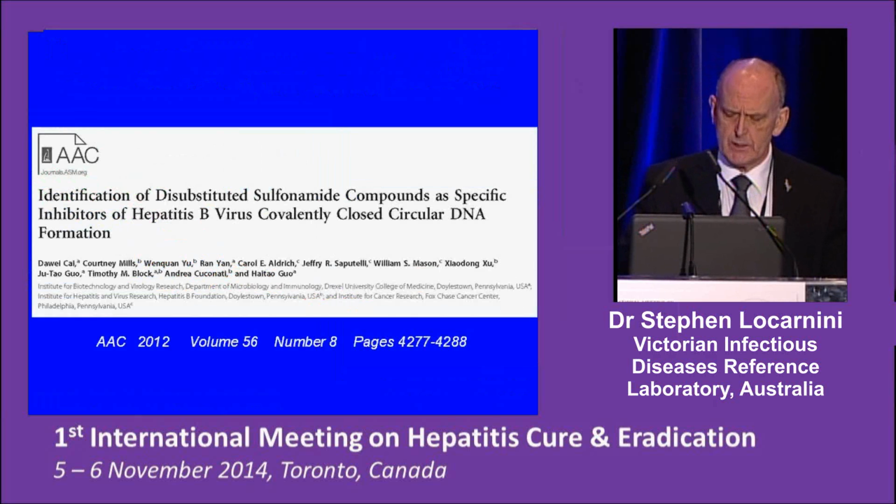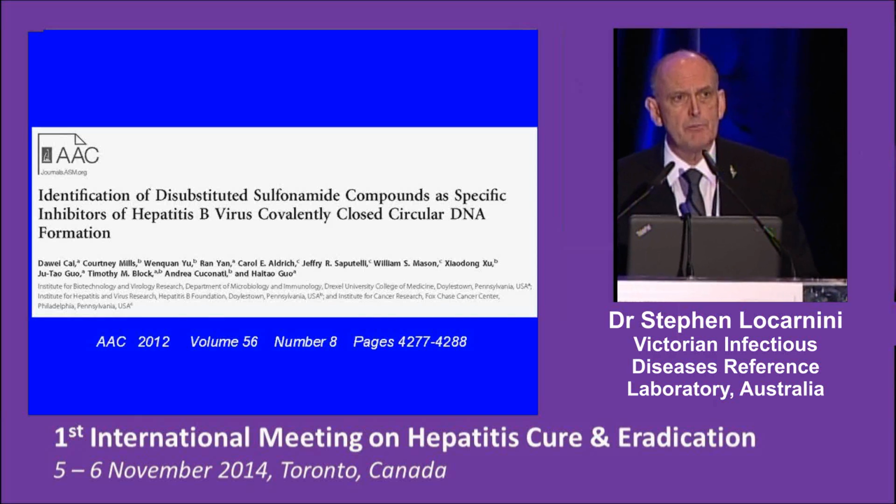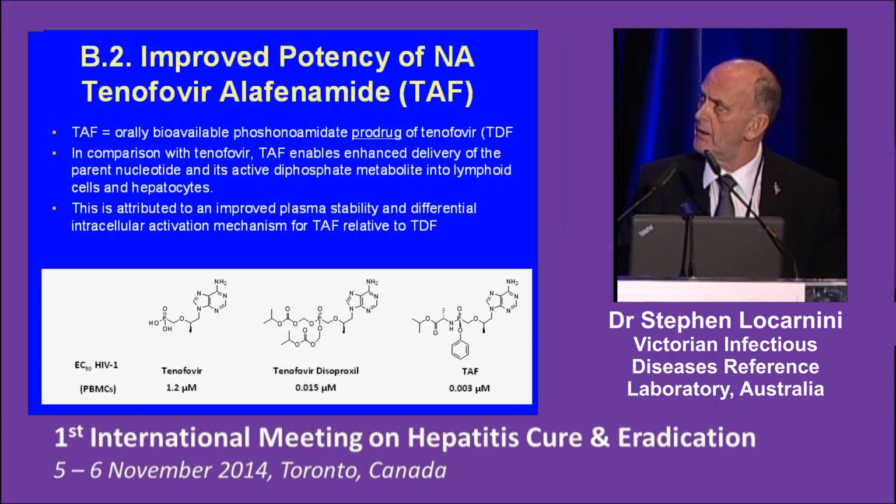Now, we are actually making some progress. We've got assays now, cell culture systems, for looking at inhibiting mini chromosomes. Tim Block's group under Haitao Gao have shown that the disubstituted sulfonamide compounds do seem to have some selectivity for what they called cccDNA. But they need to prove that it's not actually at the level of the core protein, and that it's actually at the level in which particular form of the mini chromosome is actually affected by these sorts of compounds. Now, I'll come back to the mini chromosome in a minute, but I'll go on to the